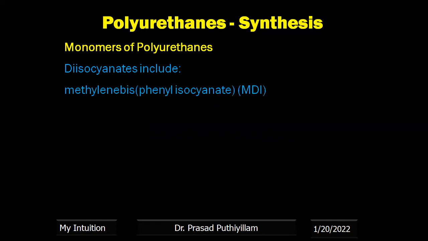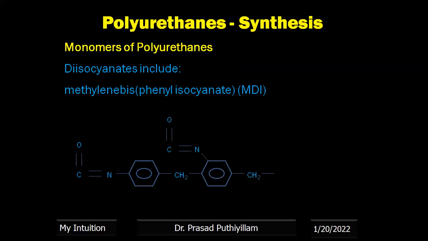Diisocyanate means the isocyanate group is there 2 times, or if it is there more than 2 times, then also it is okay. This MDI, that is methylene bisphenyl isocyanate, consists of 3 isocyanate groups. The minimum requirement for a chemical to be treated as a monomer is bifunctionality. If bifunctionality is present, then that polymer will usually be a linear polymer. So what I drew here is the structure of methylene